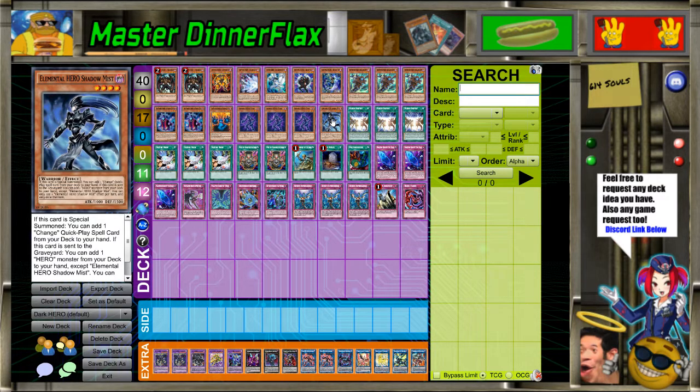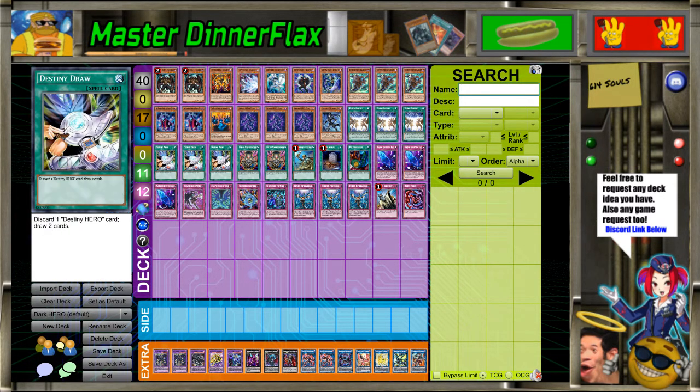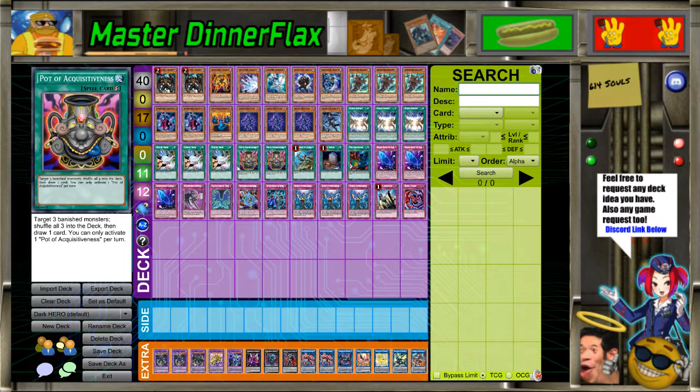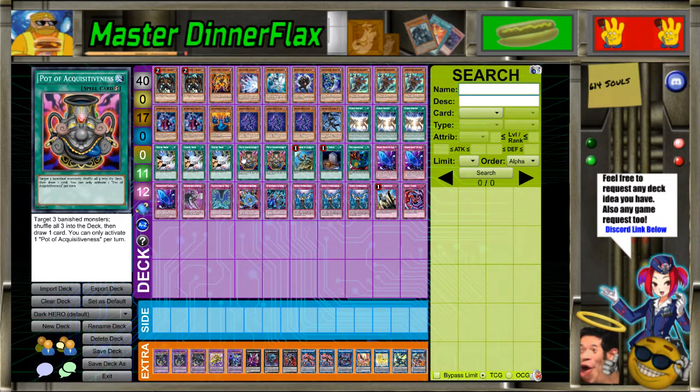And you have traps to back up this pretty slow strategy. Triple Fusion Destiny sends Phantom Knights, sends Destiny Heroes. Triple D-Draw, just filter out all the garbage you don't want in your hand. And then double Pot of Acquisitiveness. This should be 3, but